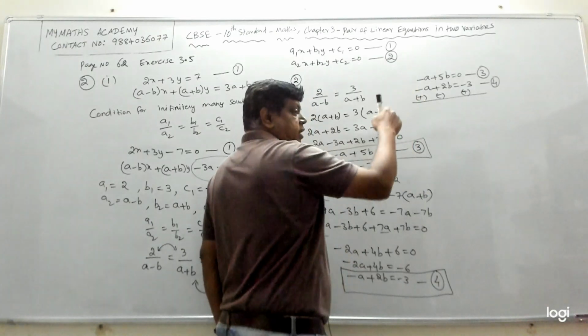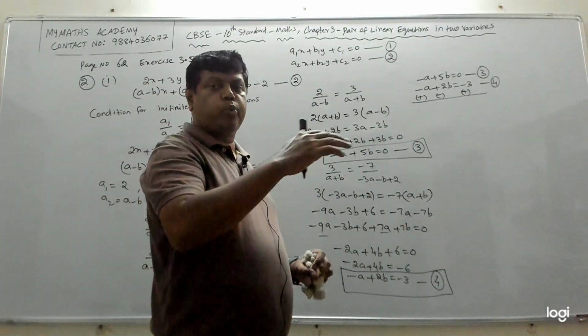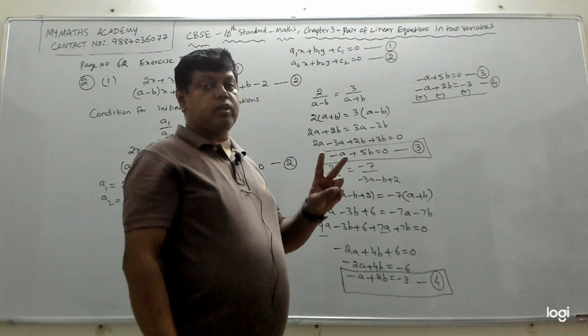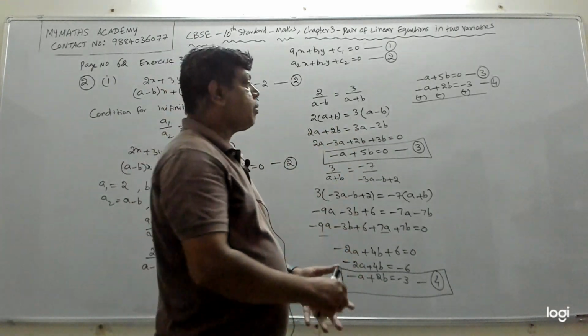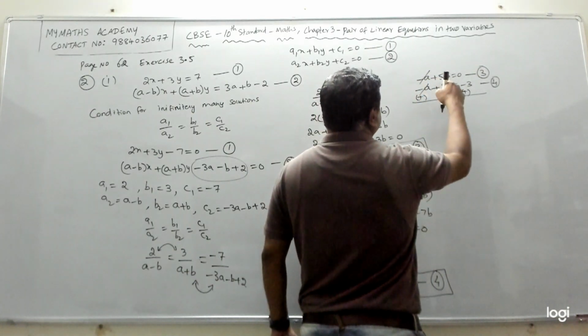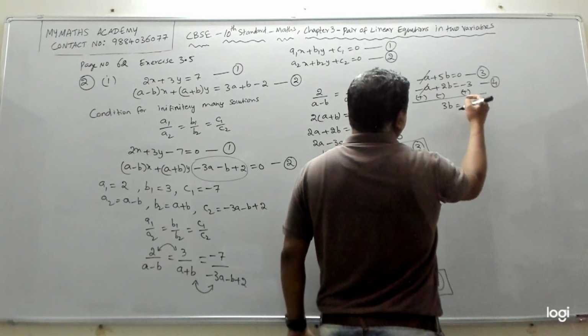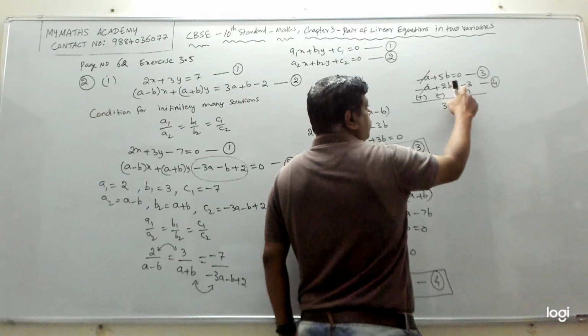Whenever you have the same sign for the coefficient, so coefficients are exactly the same, 2, 2 or minus 1, or 3, 3. When the coefficient of x in both the terms is the same along with the sign, then you have to subtract, which means you should change the sign. So minus a plus a, they'll get cancelled. This is minus 5b minus 2b is 3b equal to 0. This is plus 3. You have to always check this, change the sign.